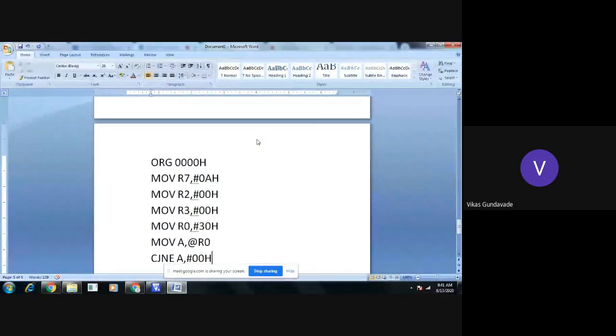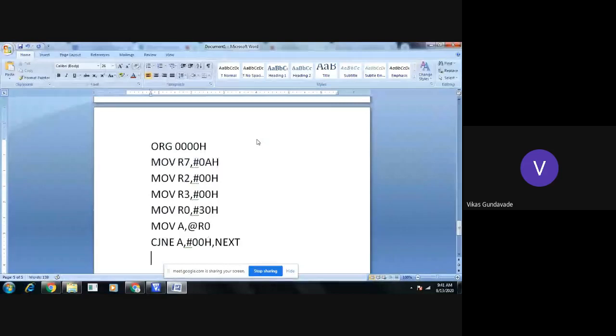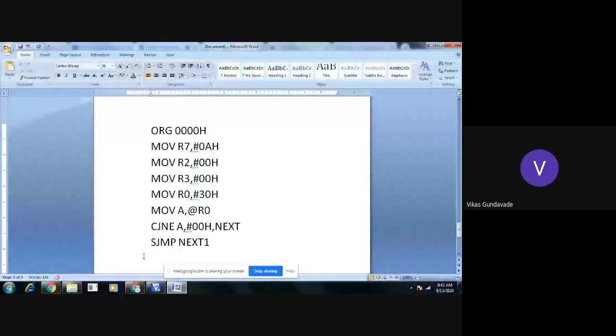If it is not zero, we need to go to the labeled location, and if it is zero, we simply write an unconditional jump to the next location, where we skip the instructions which are used for modification. Now if both numbers are not equal, we need to go to the labeled location next.